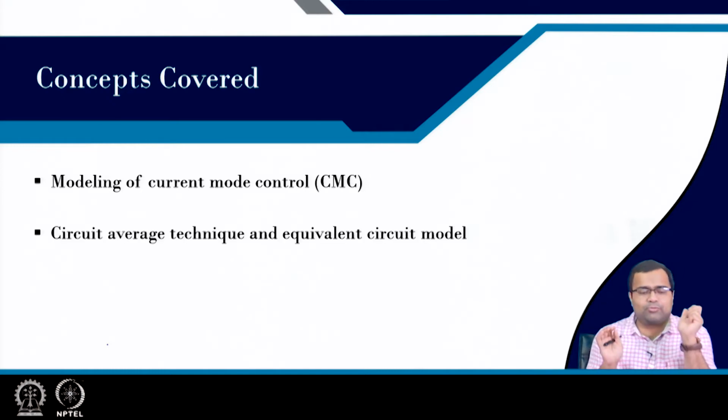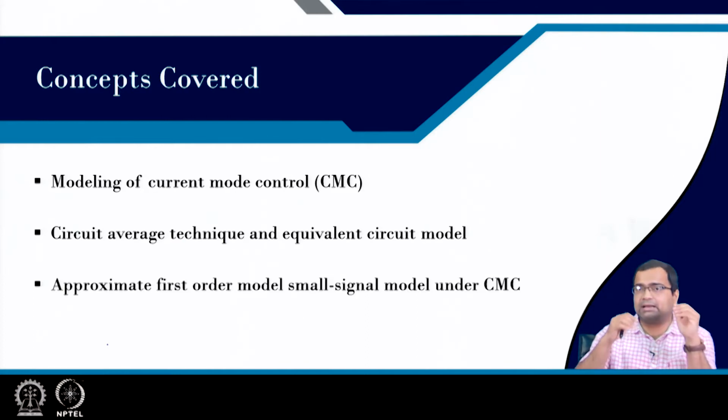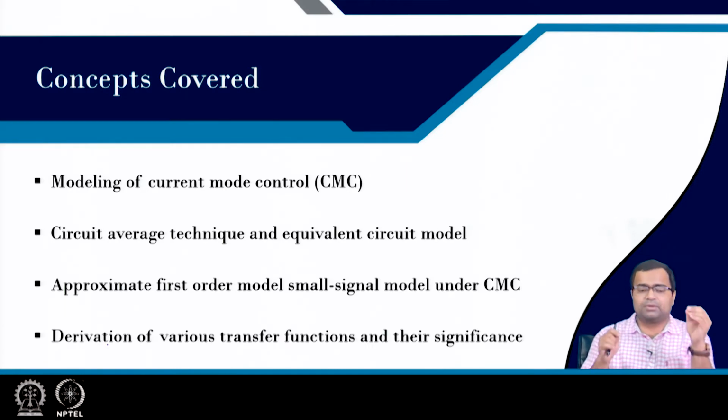So, for modeling of current mode control, the circuit averaging technique is used to derive the equivalent circuit model, and I will show you that it will be a first order approximate model. Then we will derive the small signal first order model under current mode control. We will derive various transfer functions and understand their significance.